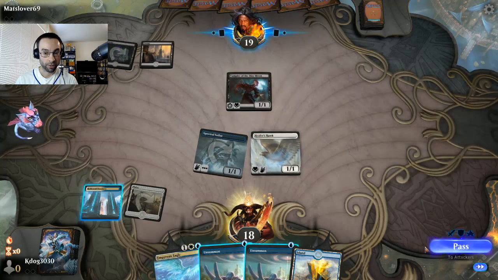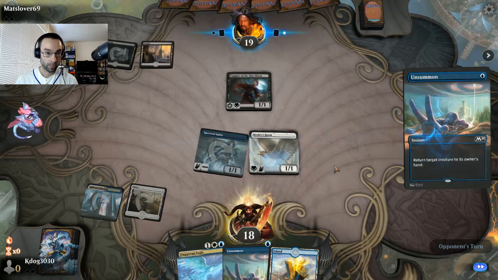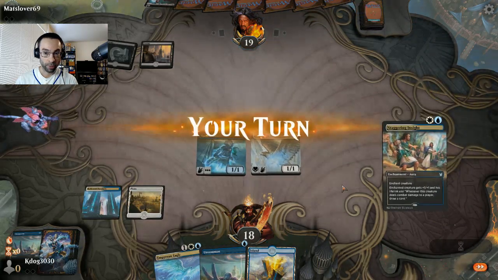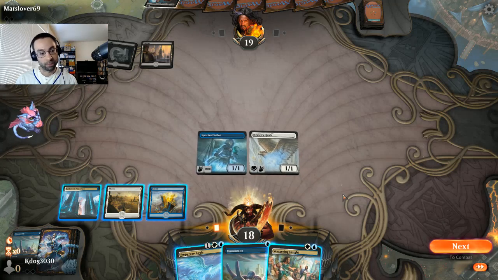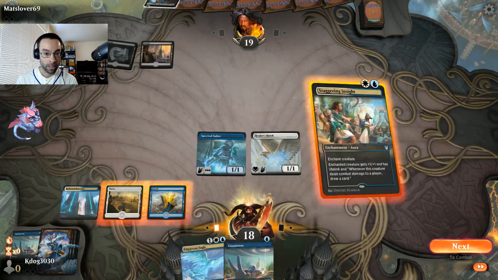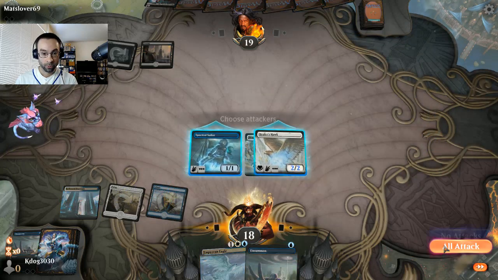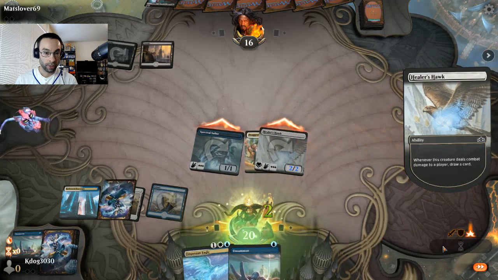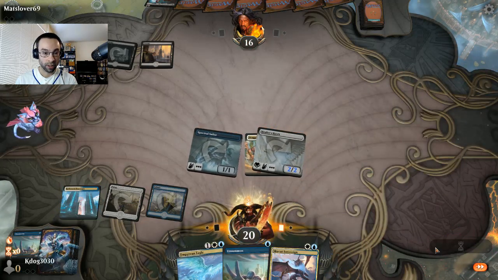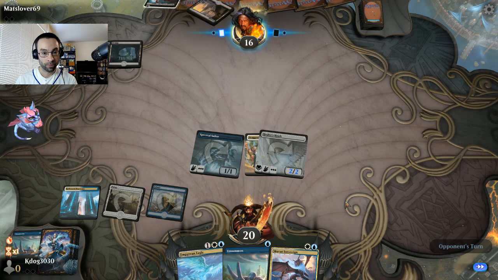Okay, your Vampire of the Dire Moon. That's it. Okay. Now you can see our tempo plan at work. Oh man. Insight's pretty tempting. Let's go for Insight. The Healer's Hawk obviously does have lifelink on its own, but Spectral Sailor is also a pretty nasty target with the card draw ability, so...